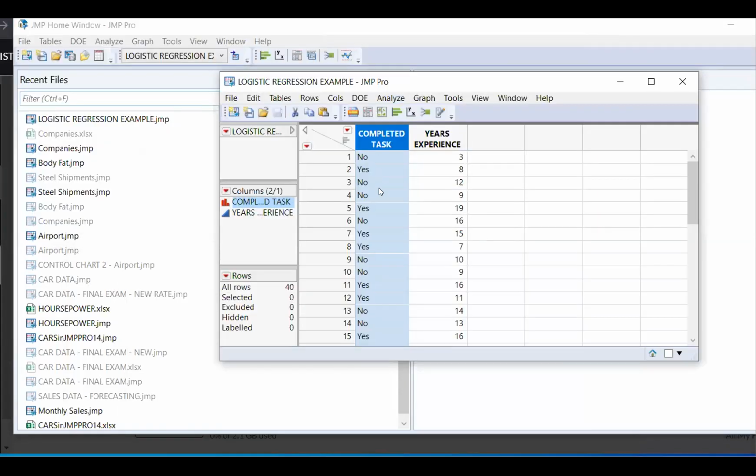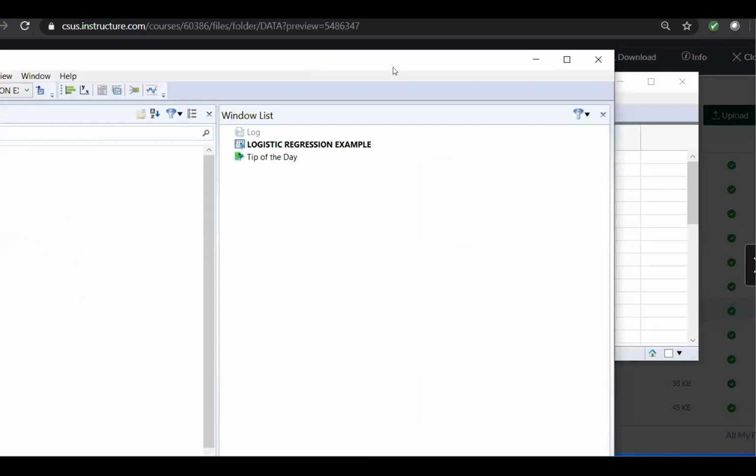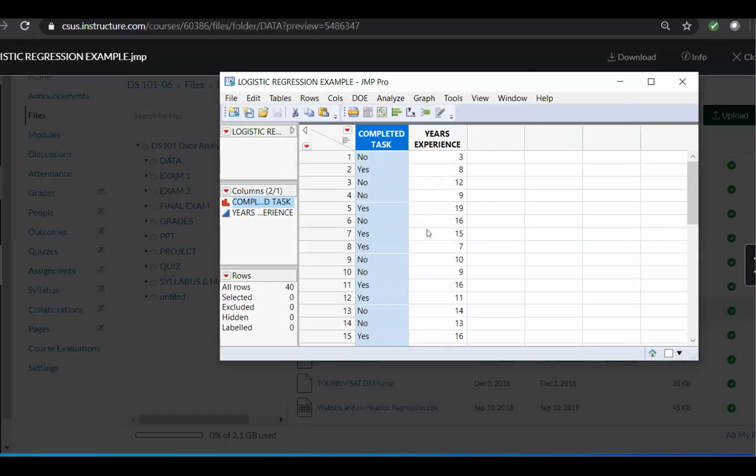So look at this data. I'm going to explain what this data represents. Imagine that you go to an interview, and in that interview, they give you a task, and if you complete the task, they say, okay, this person could complete the task in a certain time during the interview,